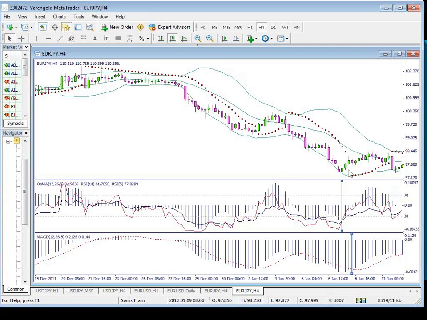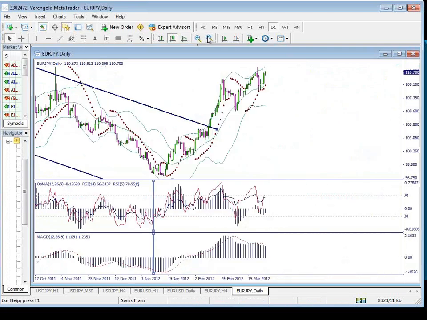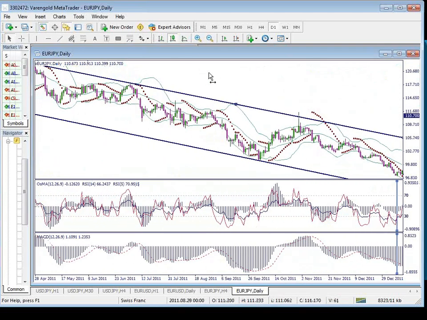Actually, my expectation for this trade was given by the fact that on daily I also have the signal for buy confirmed, and I will try. I don't want to spoil the surprise of that trade, but